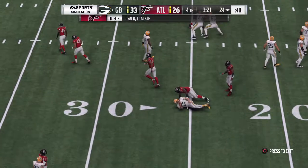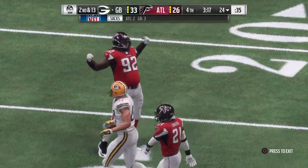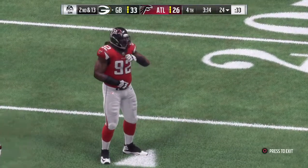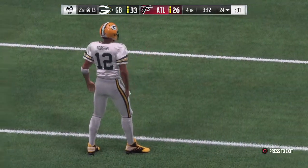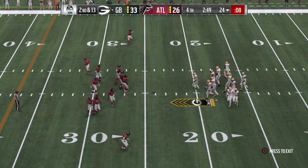And the Falcons get there. The Falcons get the sack. Down he goes. Dontari Poe is able to get him for a loss of about 3. And no matter what the situation, the O-line just hates that because they feel like they didn't protect little brother